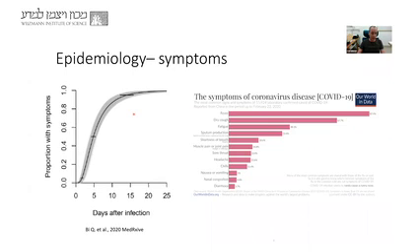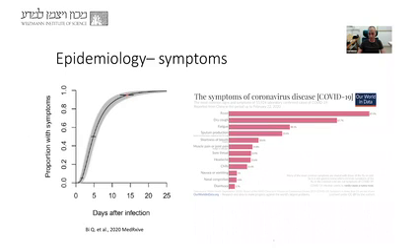Now, additional epidemiological data. The onset of symptoms for half, or 50%, of the cases is at 5 days, but up until 14 days we see this spread. I don't know if you can see that in this graph. And from that, all the governments are basically deciding on their policies. At least here in Israel, I'm not sure about other places, we have 14 days of quarantine for people that were exposed to the virus. This was made under the assumption that people that didn't develop any symptoms up until 14 days